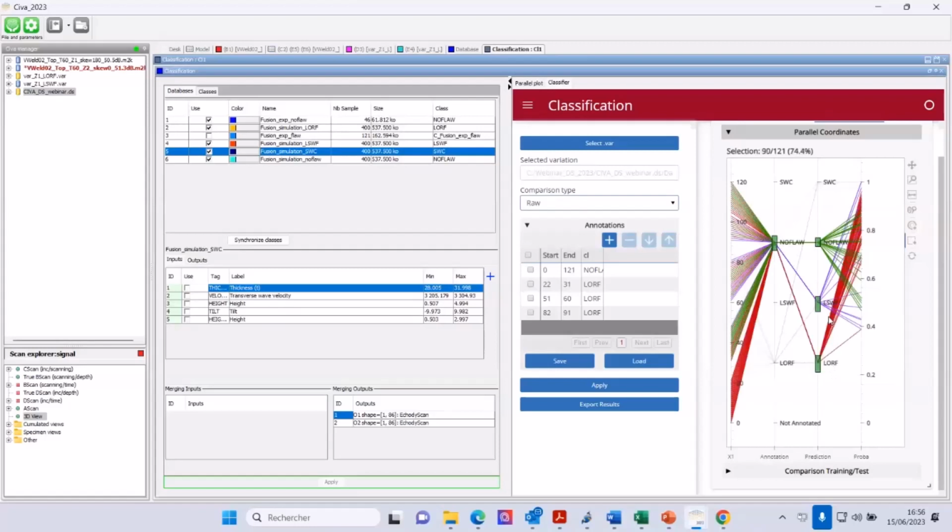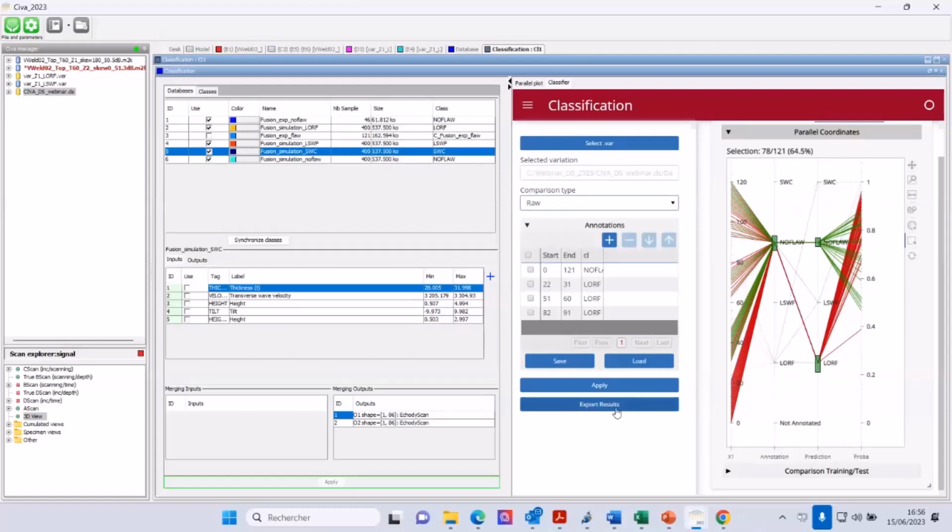If I just click here, you see that you also have some confusion between the lack of root fusion and the no flow, especially at the edges here. But the idea is again to compare all the data together. And so you have here again the different indexes, the annotation, the prediction, and the probability, the confidence degree of the algorithms.